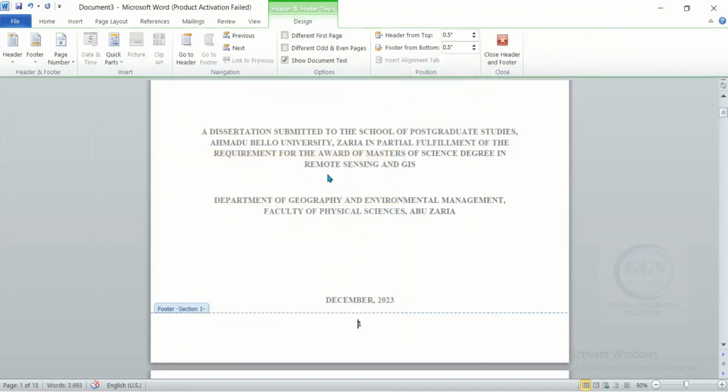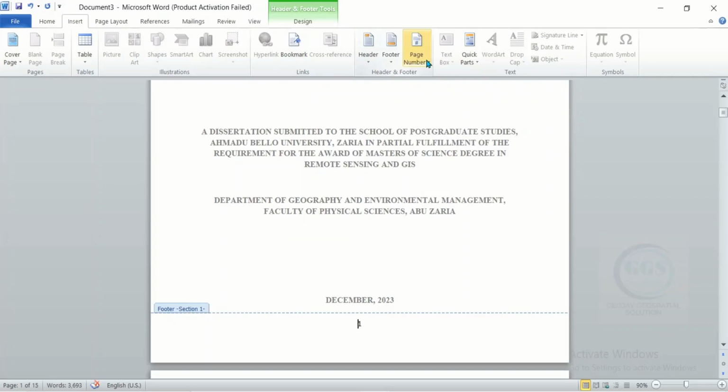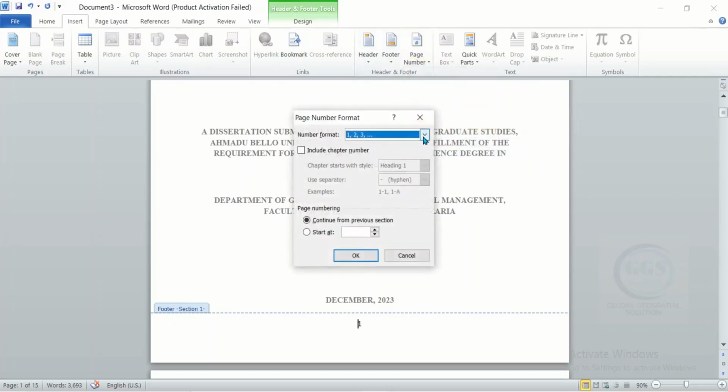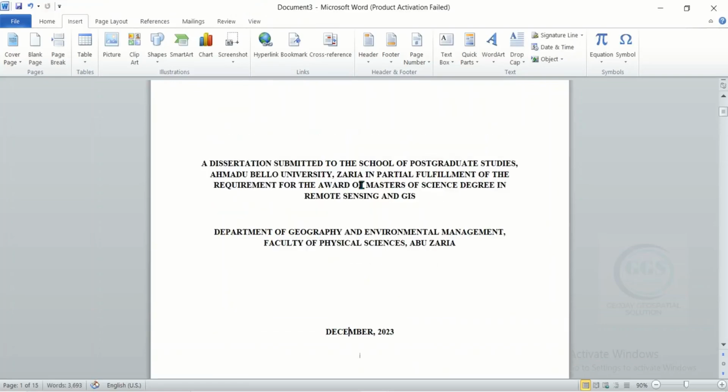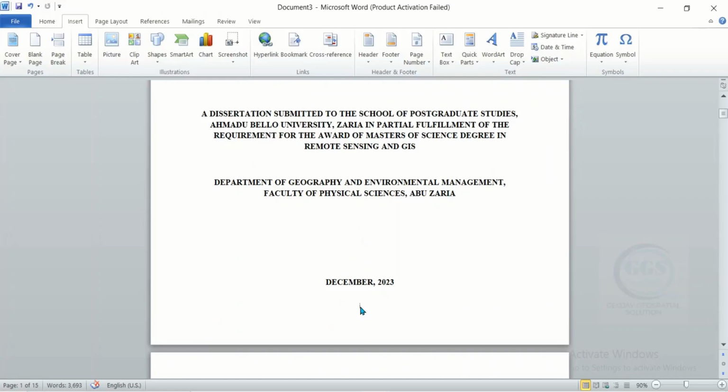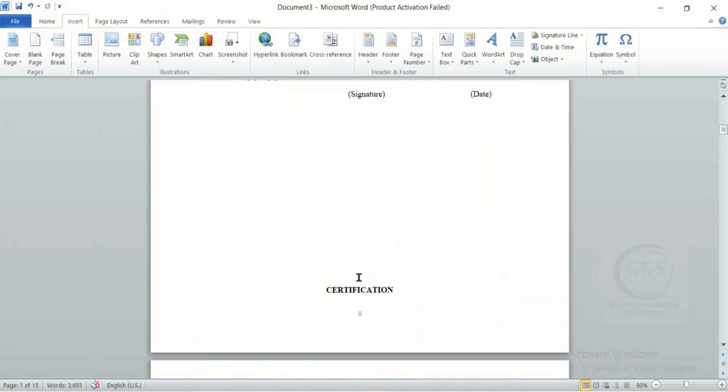Click on it, then go back to that very insert, go back to page number and format it, format page numbers. Then in this case, choose the Roman numerals, then click on it and we want it to start from 1, then click on OK. So you can see that the preliminary pages start from Roman numeral 1, 2,